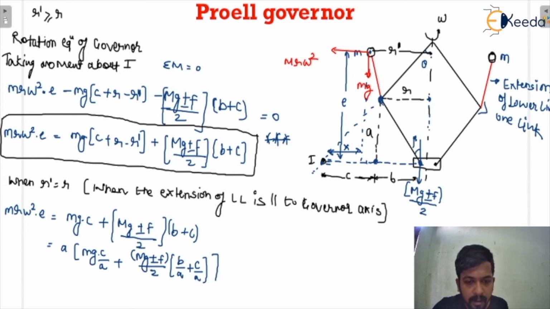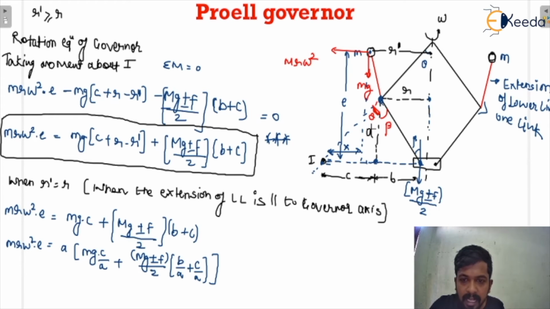Now see here, this is m r omega square multiplied by e, yes or no? Now see here in the diagram, see what is c by a. This angle is theta, this angle is beta. When this angle is theta, that would also be theta, yes or no? If this is beta, that would be beta. So look at the angle theta, that is c by a.